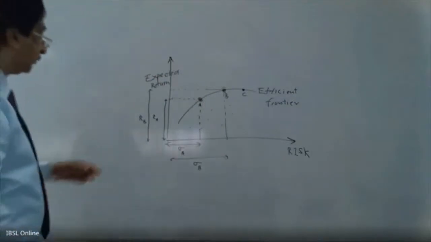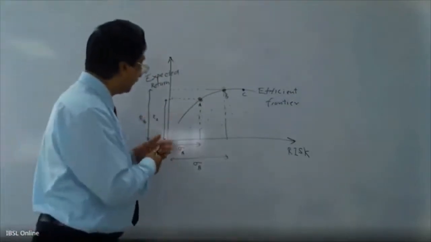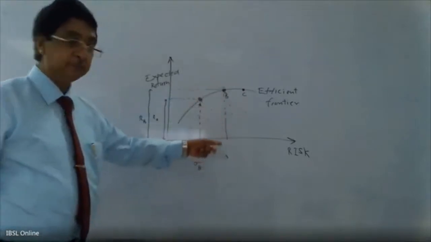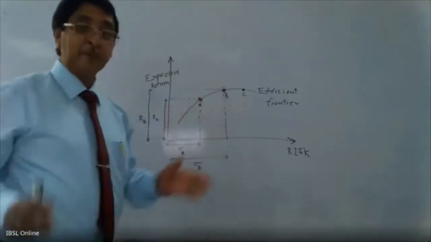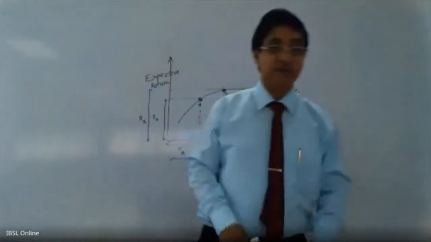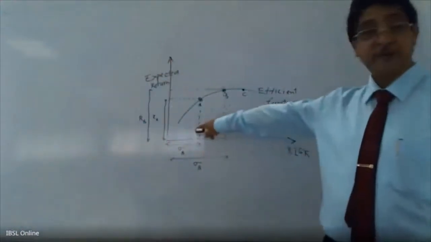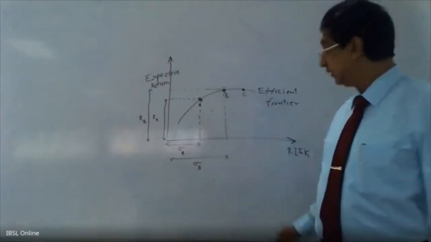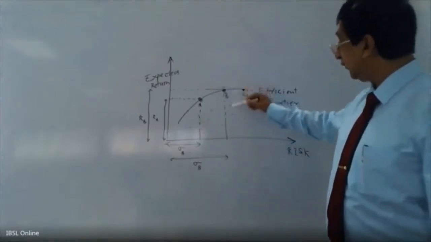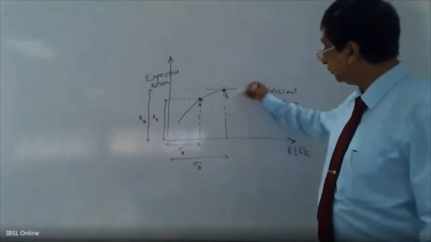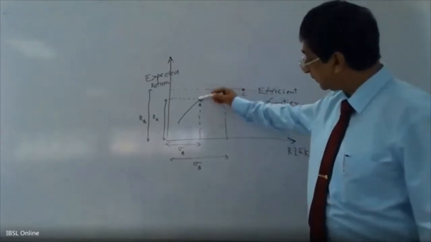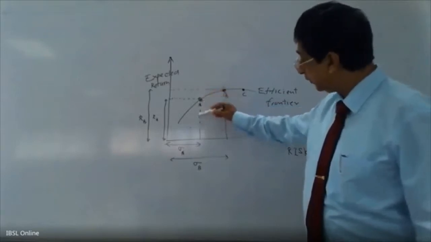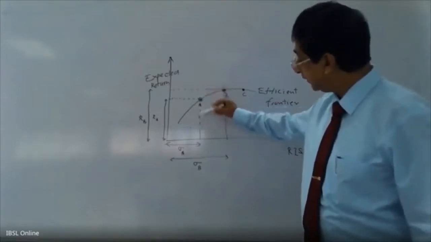Now, again, I want to show you something else also. You can see different types of points here. All these points represent portfolios. A number of portfolios are represented here. If you take any portfolio just below this particular point, all these portfolios give a return,